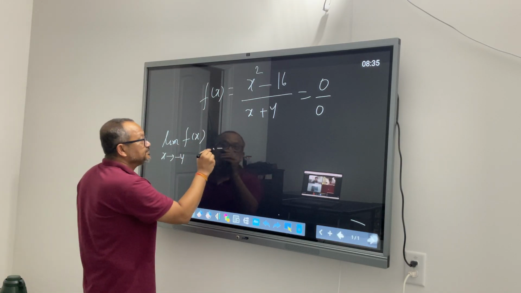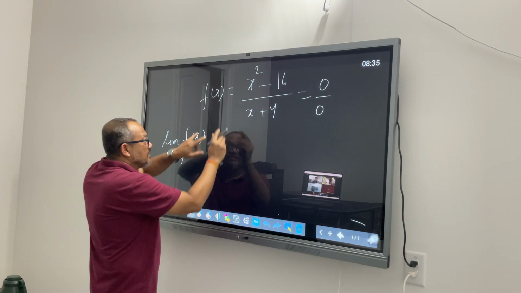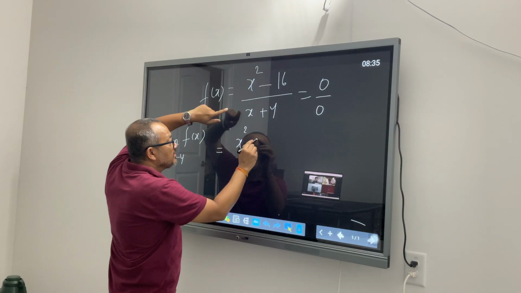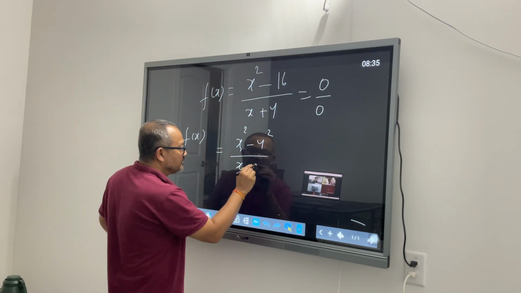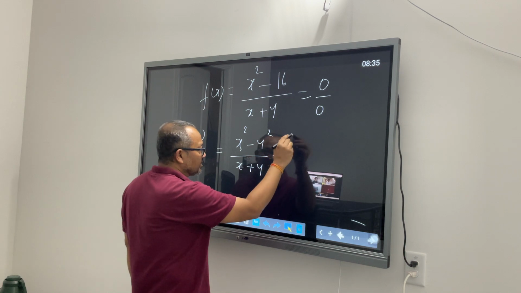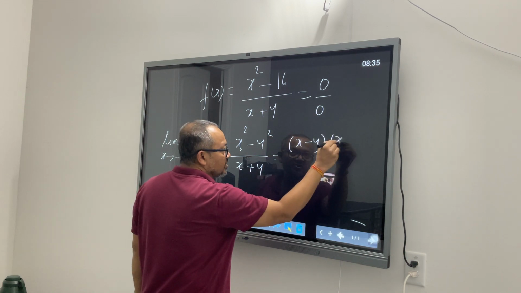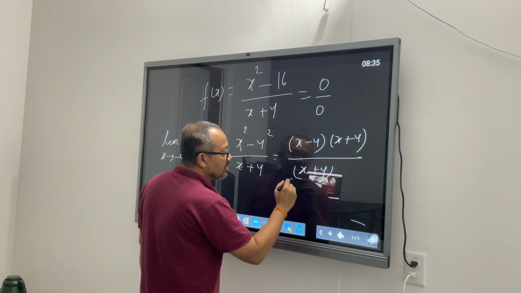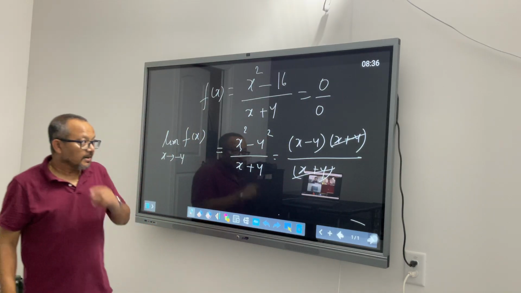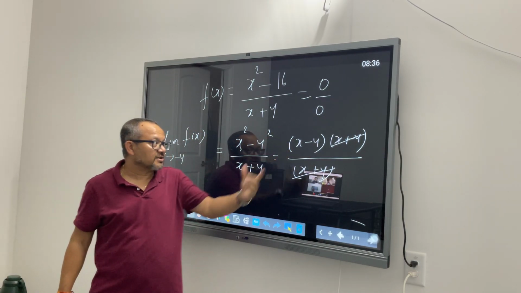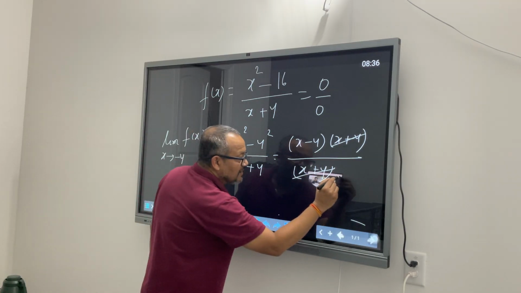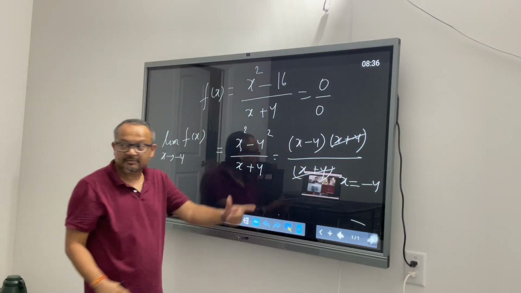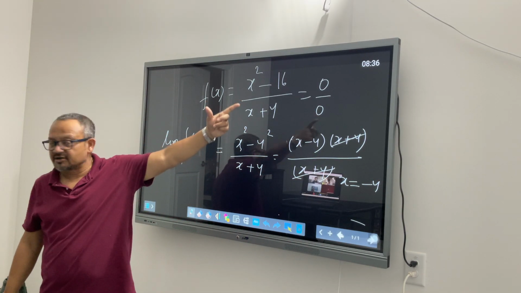When we look at the function again, we see there is something common here. The x squared minus 4 squared over x plus 4, as Vishal said, is x minus 4 into x plus 4. Here these two get cancelled out and my actual function's value is x minus 4, with the caveat that our whole problem is only when my denominator becomes 0, because I am cancelling it as a common factor between numerator and denominator.